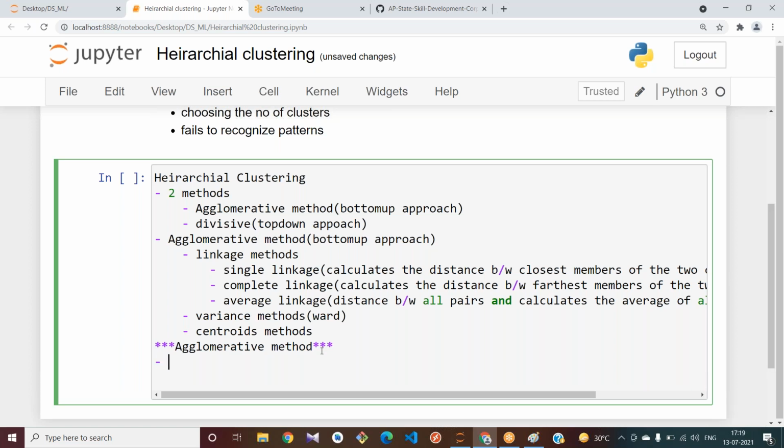First you initialize each object as a cluster.